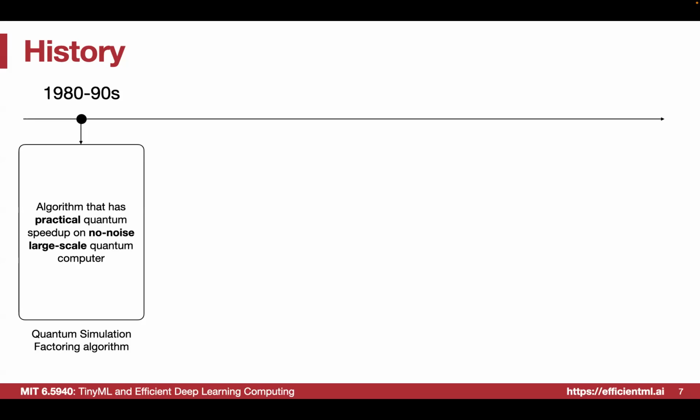Back at that time, many theorists and physicists were proposing a lot of very smart and very beautiful theories on how to use quantum computers. For example, as we said, we can use a quantum computer to simulate actual quantum systems. Many of the important systems are quantum systems. Say we want to do some chemistry simulation. We want to know the interactions between all the molecules and all the atoms in the molecule. In that case, that's actually a quantum system.